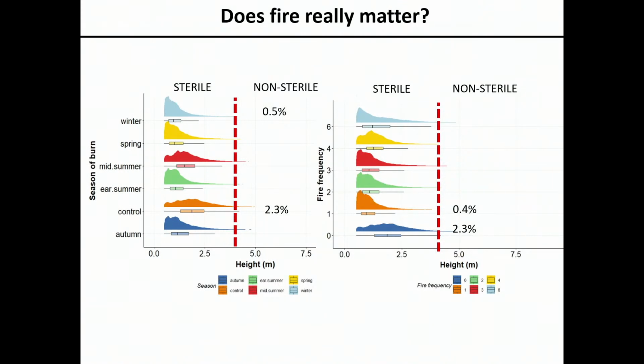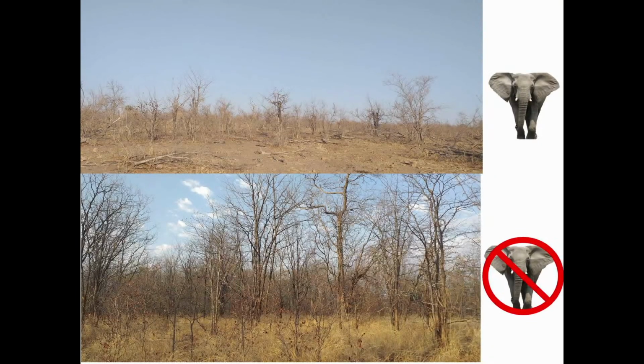And many of these trees are actually just at 4 meters. So there's not a lot of seeds being produced in these landscapes at all. So sure, fire contributes to the variation of sterility in the landscape, but does it really matter? Yeah, probably not. So this takes us to the next suspect, which I don't have the data to analyze, but I'll do a bit of speculation.